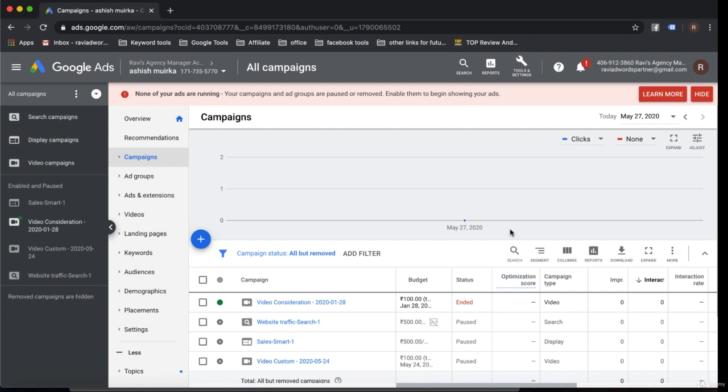Keyword is the most important factor to select your ads relevant. If your keyword is relevant to the ads, that means your quality score will be good, and if your quality score is good, your CTR will be very good, and if your CTR is good, that means your quality score is also good. Quality score defines ad rank and your bid amount. If your quality score is good, you will need to pay less money to Google Ads for clicking on your ads.